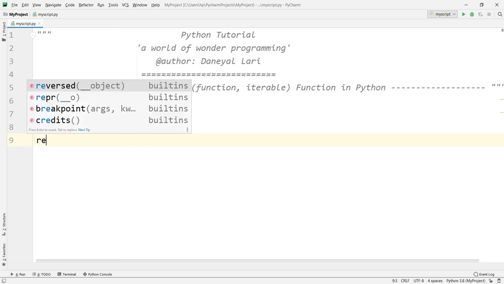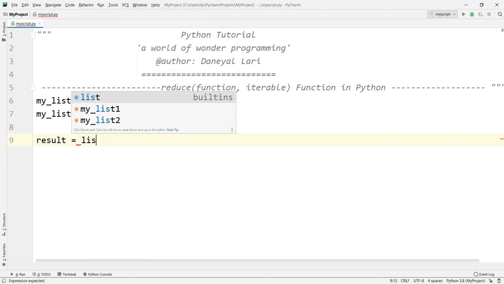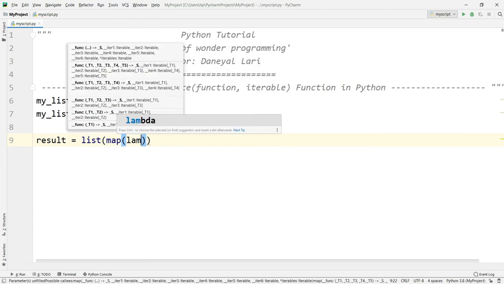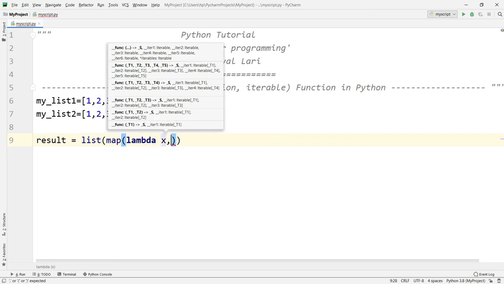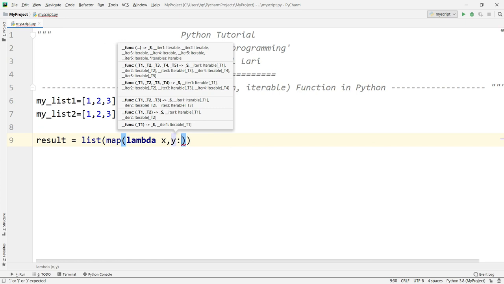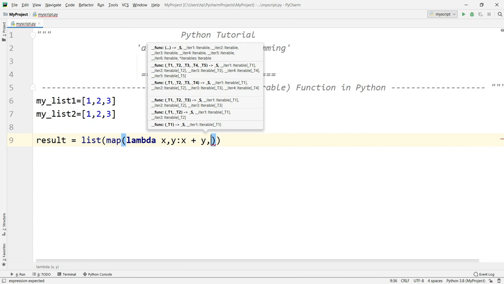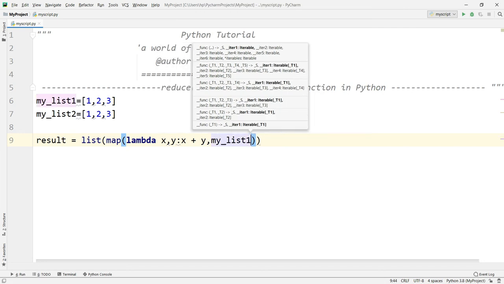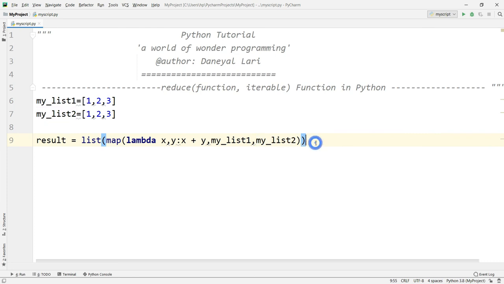So here I can write result equal to list, then I will write the map function. After that I will write a lambda, x comma y colon x plus y, and I want to apply this on my list 1, comma my list 2, and let me print the result.